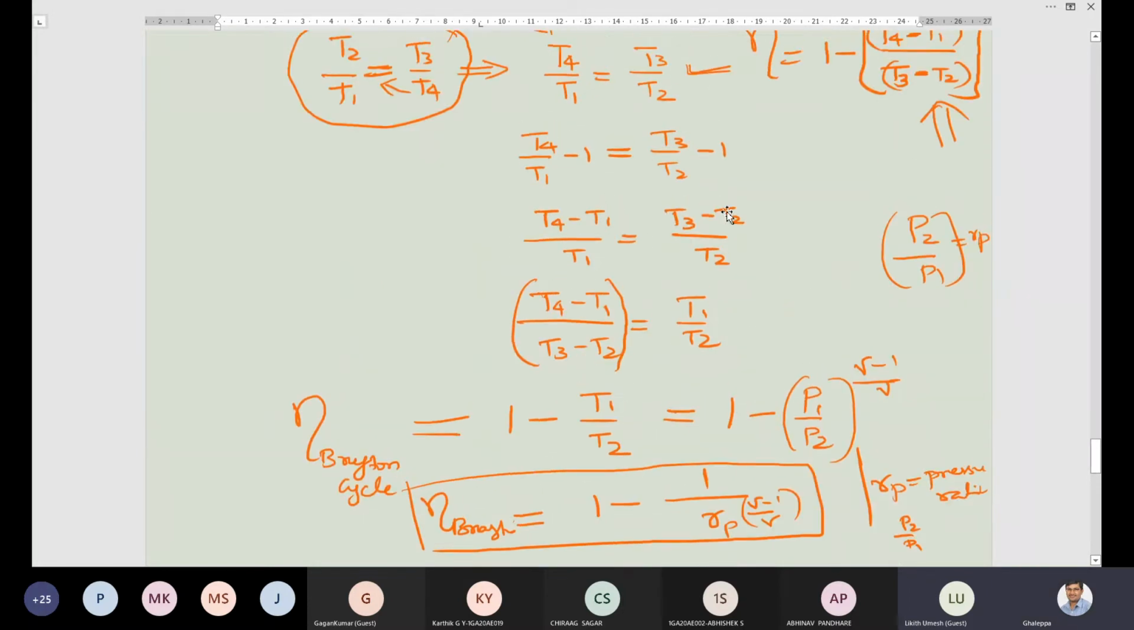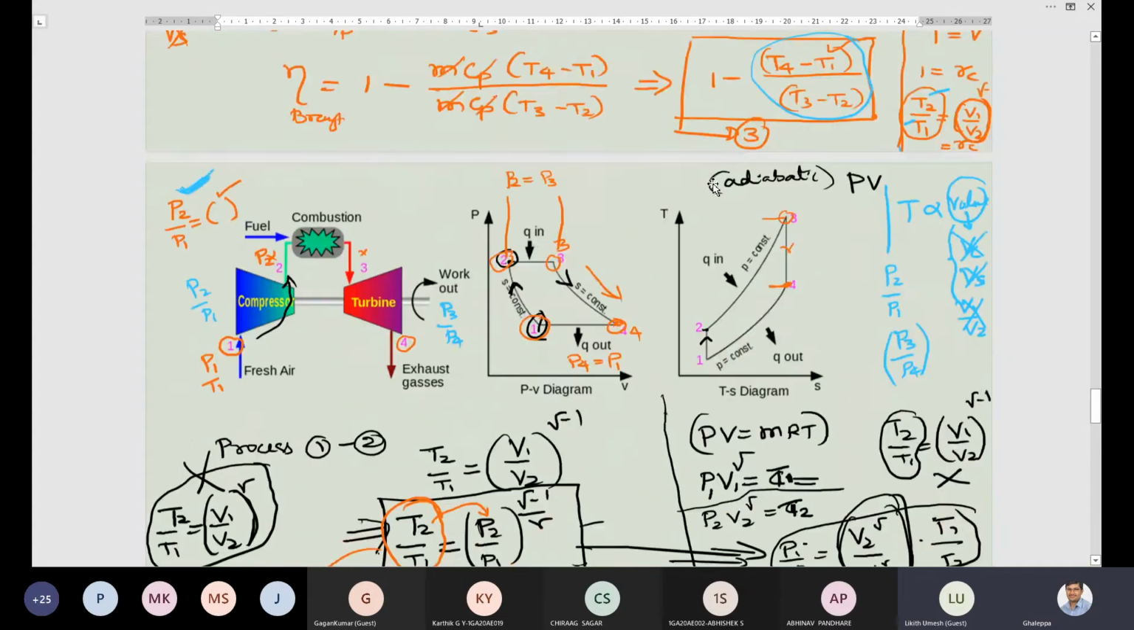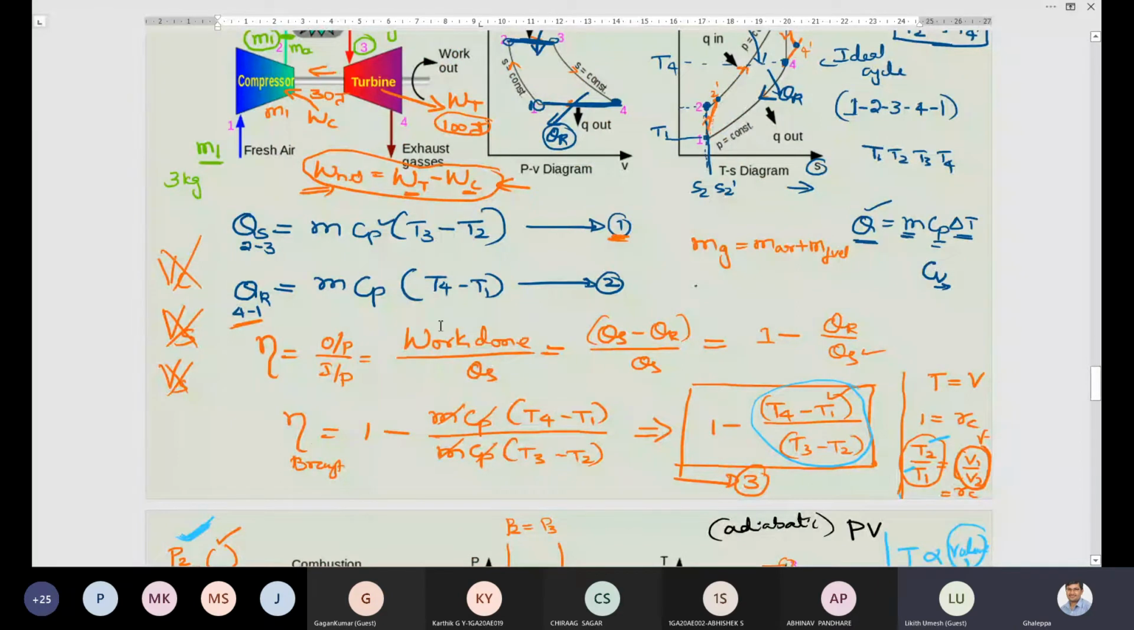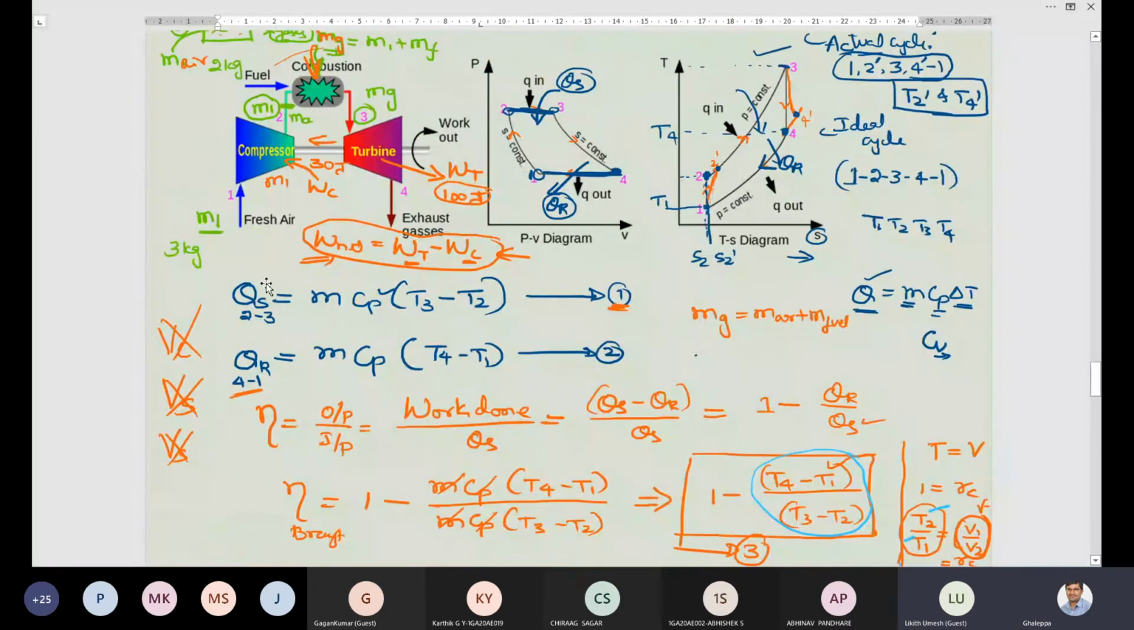So what we have written, I will just glance first in today's class. We have written the expression for heat supplied. Heat supplied is during 2 to 3. Let me remove all this so that